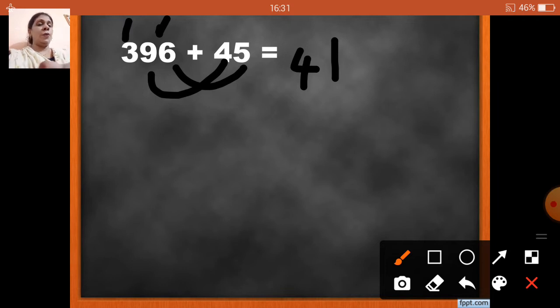above 3. Okay. Now, for 3 I am not having any number in the hundreds place. There is only one number, 3. I am not having any other number. In the second number there are only 2 digits, that is units and tens. There is no hundreds place. So, I am just going to add 3 plus 1. What answer do I get if I add 3 plus 1? 4. 3 plus 1 will be 4. So, if I add 396 plus 45, what answer will I get?